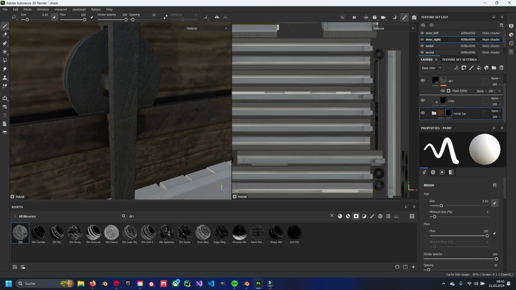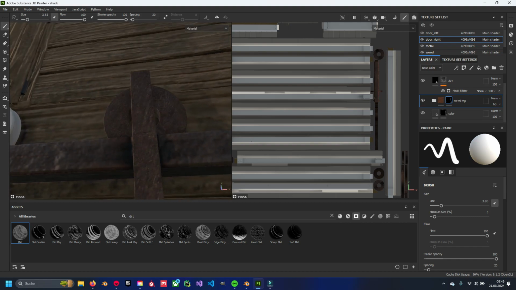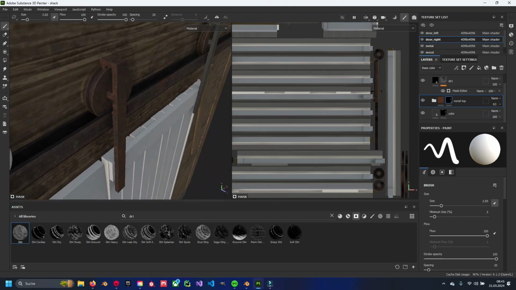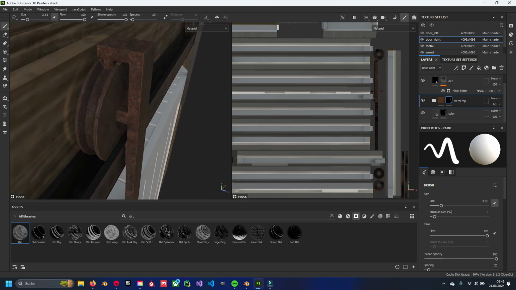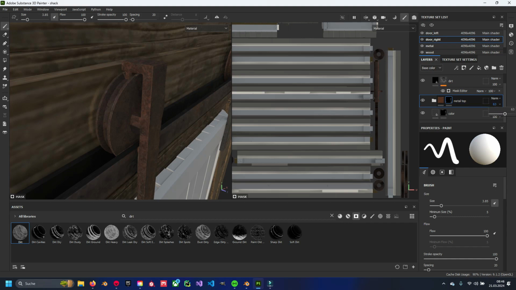Or maybe we have to go over the color, or the main color, then you have your rust. In here, it's too much. So go down with the rust stain, I think. No, that's good. Let me see which one. Or maybe we can do it in another way. Just go to the metal top, go to this slider here and go down. So it's not too rusty, but you lose a little bit of the color. Or we can just